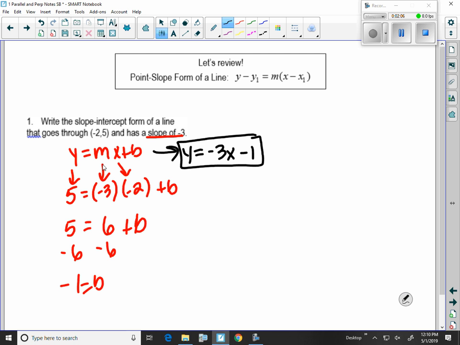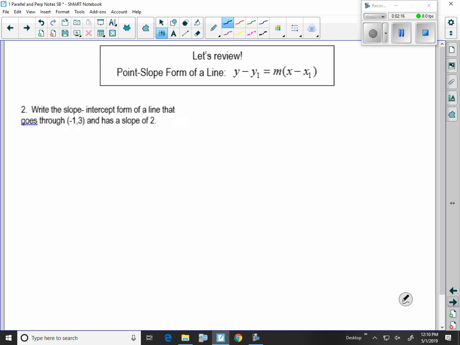But this is why we show you 2 ways to do it, because someone's like, why don't we just use point slope form? Some people like point slope form, some people like y-intercept form. It's just up to you. Our brains are all kind of different. Okay. All right, number 2, write the slope-intercept form of a line that goes through -1, 3 and has a